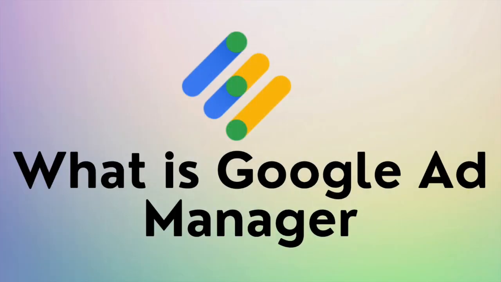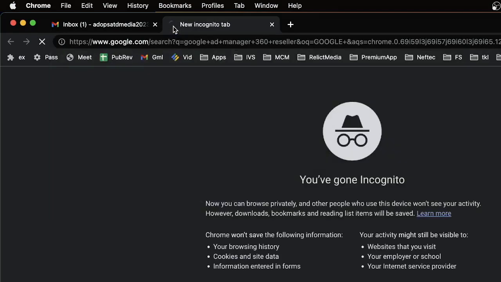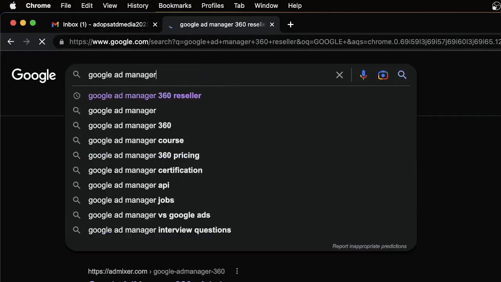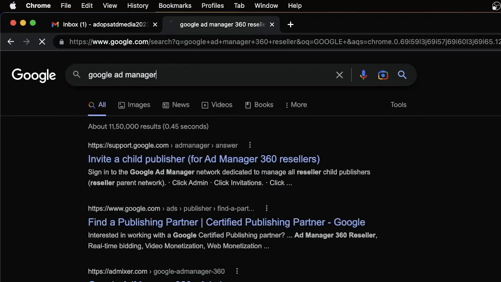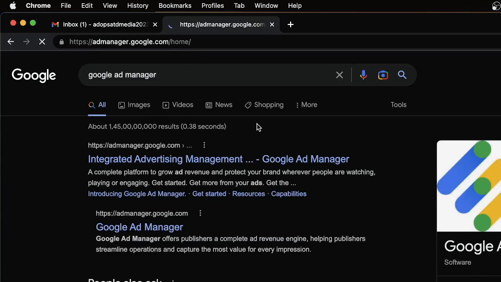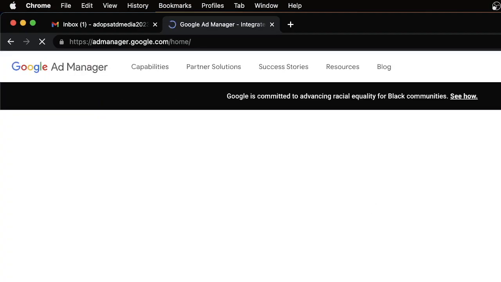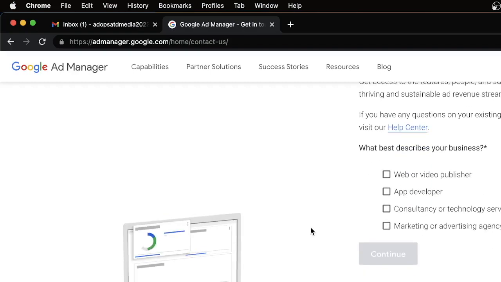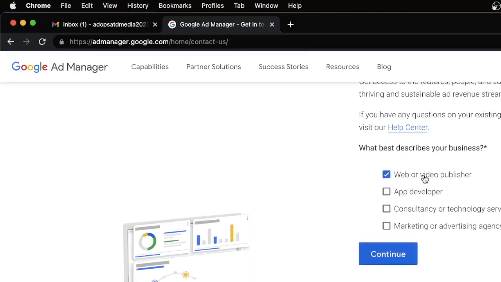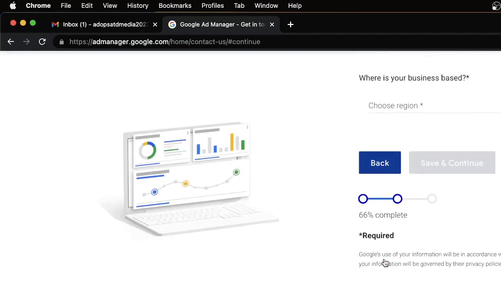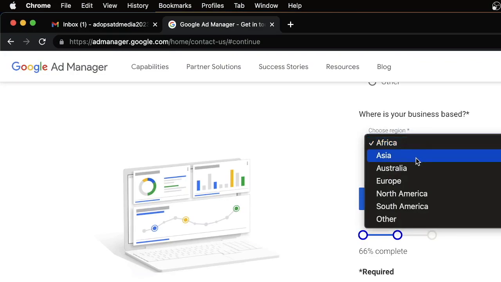Now there are two ways to get a Google Ad Manager. One is just simply search for Google Ad Manager. Once you search, you will come up with the first site, and this is basically Google Ad Manager. If you want to start with Google Ad Manager, you just click on Google Ad Manager, fill up the form, whether you are a web or video publisher, app publisher, or anything like that. You click on continue, you choose the region of business basically,